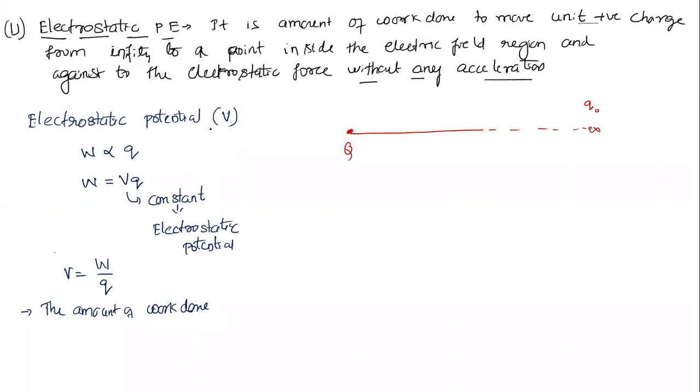same as the previous definition for potential energy, but the difference is here we say it is the amount of work done per unit positive charge. That's it. Apart from that, everything remains the same. The amount of work done per unit positive charge to move from infinity to a point inside the electric field